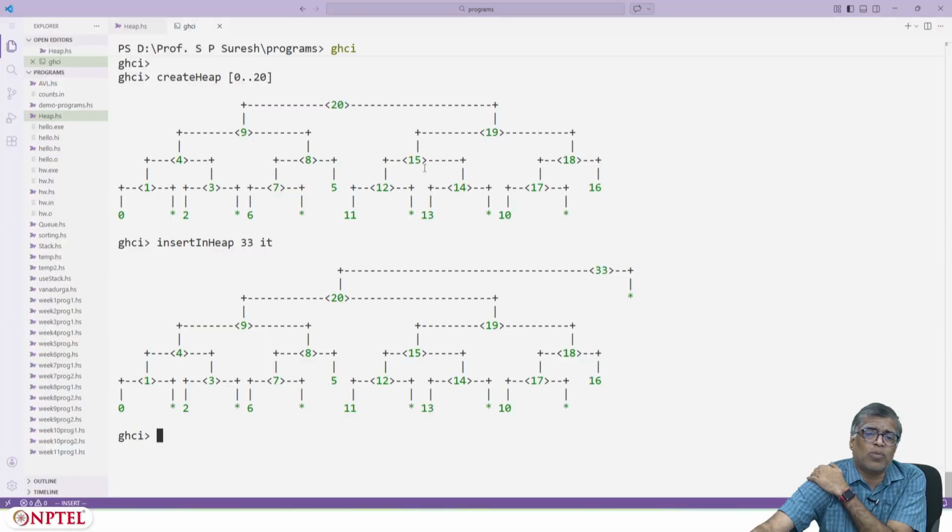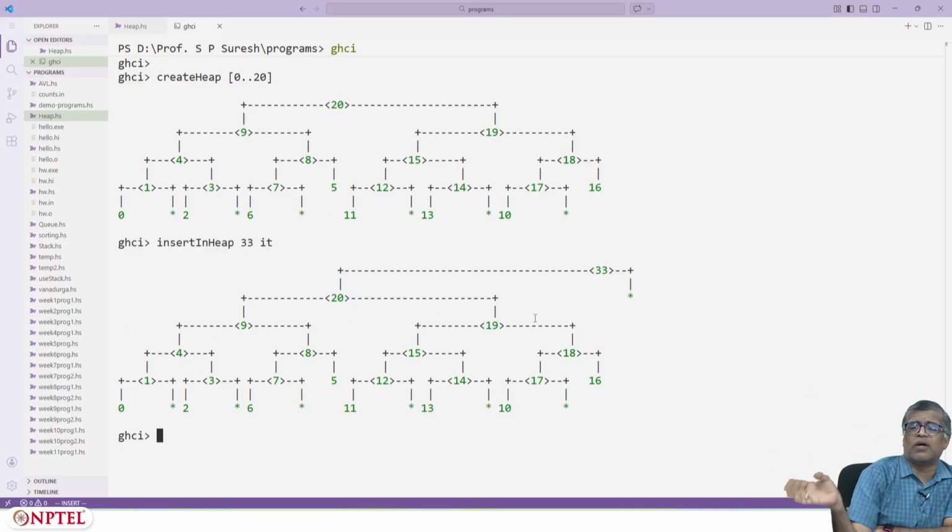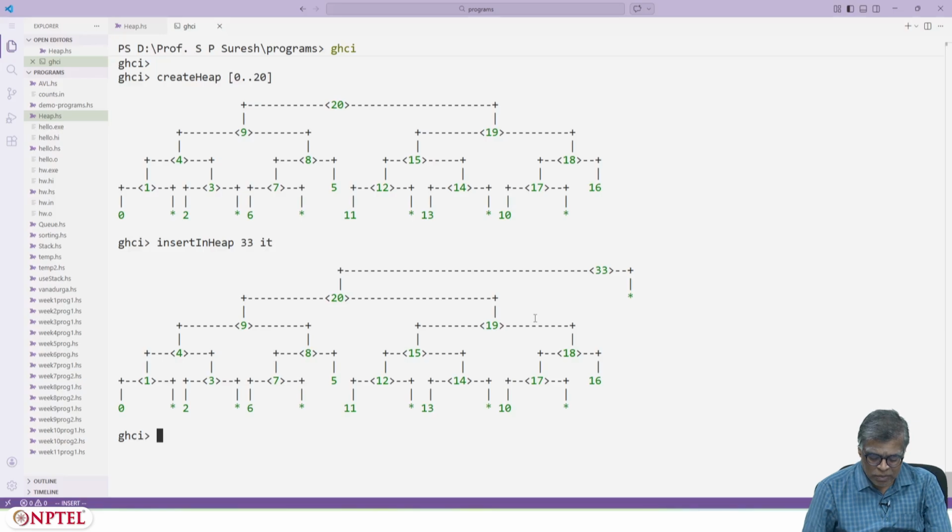Yeah, there is no need to care about anything because 33 has a right child which is nil, and all your properties are still true, right? The rightmost spine here is of length 1, and you don't necessarily want height balance or size balance or anything, right? All you want in an insert in a heap is that the size of the left heap is greater than or equal to the size of the right heap. That's all.